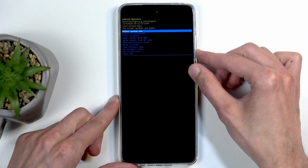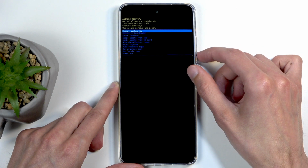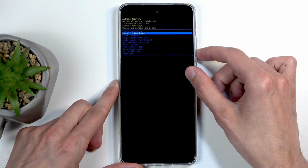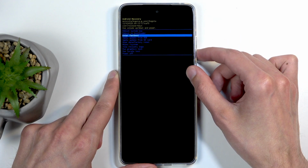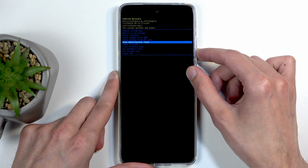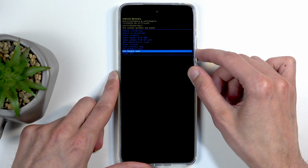Now in here again, using volume buttons you can navigate through the options, and power button will be used to confirm whatever is selected. And going over the options, we have reboot system now, reboot to bootloader, which is the first page that we have seen. The first option is just getting back to Android. Don't have fastboot mode, apply updates from ADB or SD card, wipe data, mount system, view logs, run tests, and